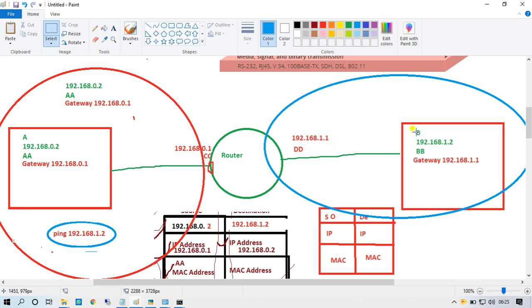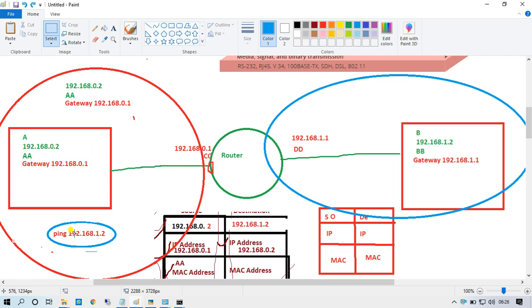And what will the router do? The router will create another ARP table using its MAC address, which is BB, and it will check. After that, communication is established.